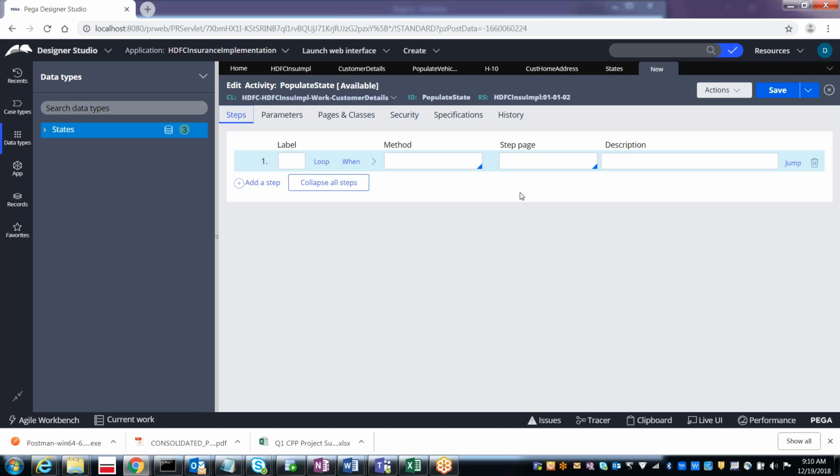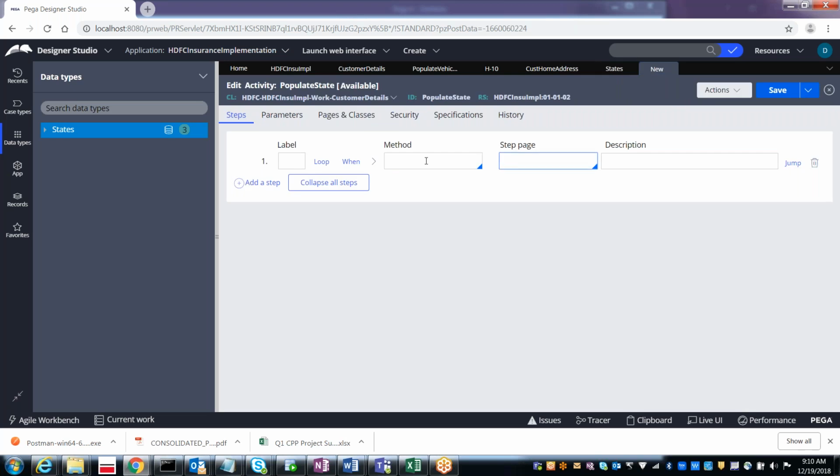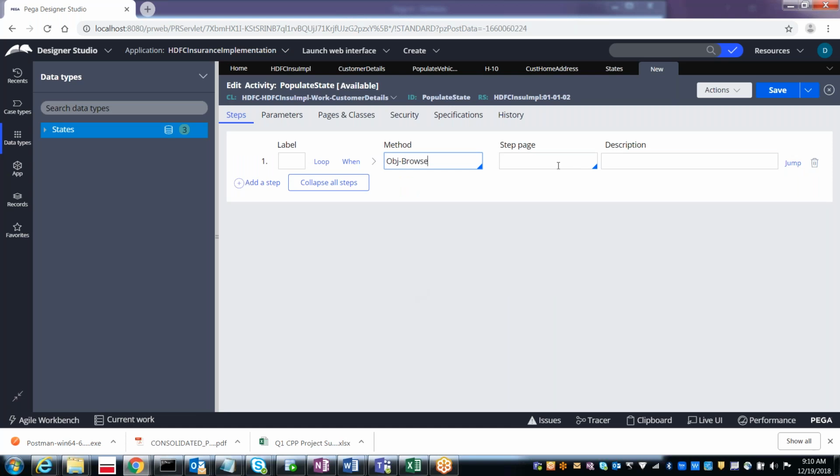Now what we have to do? Now we need to populate from this data type's records to our page list property. So how you can populate means you can use something called obj browse. Remember, obj open for one record, obj browse for multiple records.